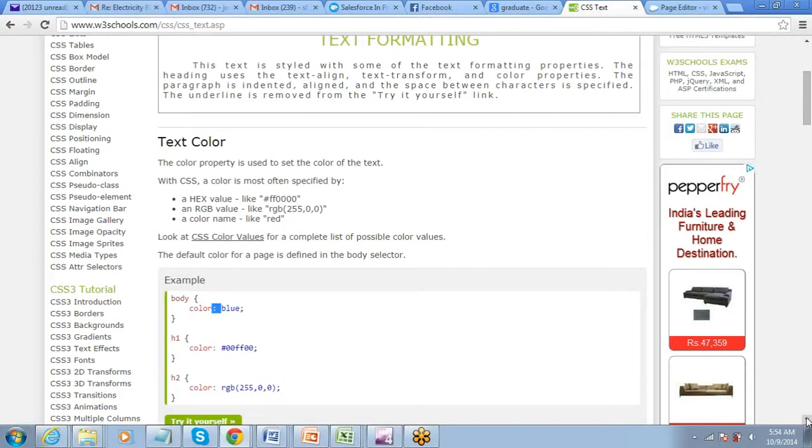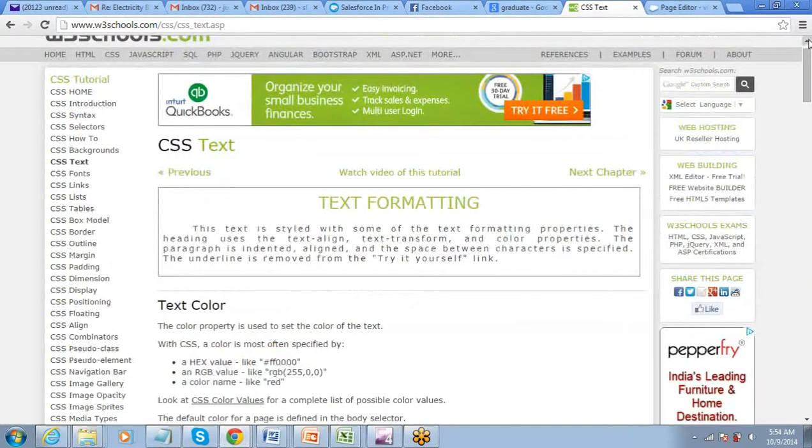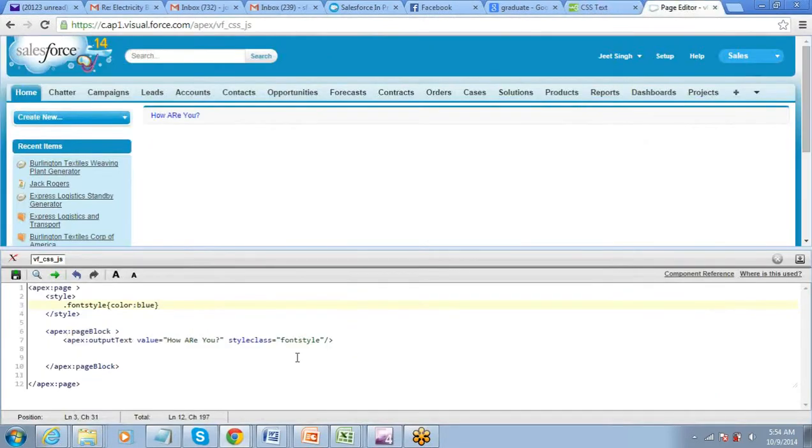The first thing that you have to do, in case you have not worked on CSS, is spend like 2 hours on it. It's very simple, very easy. You just have to write these things. Spend a couple of hours on CSS, and then you see how easy it is to bring things here. This way you can control the formatting on the page. All right, that is number one.